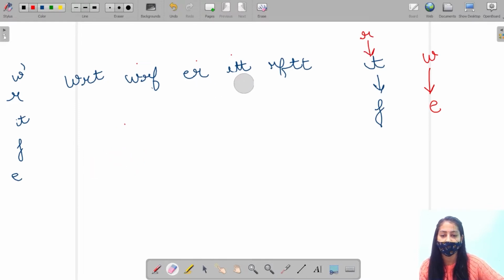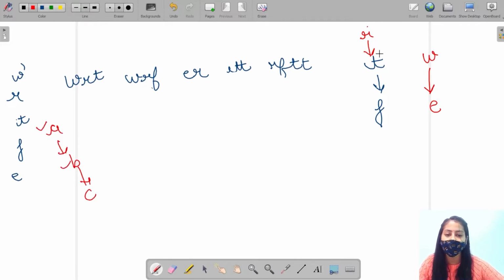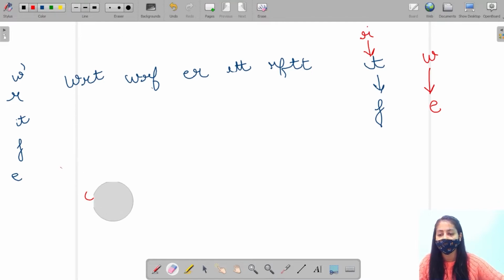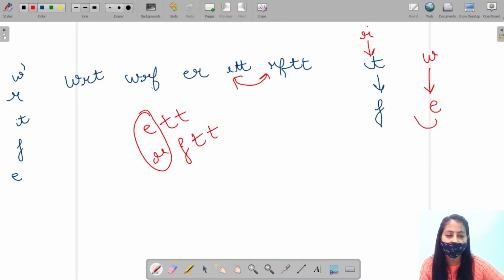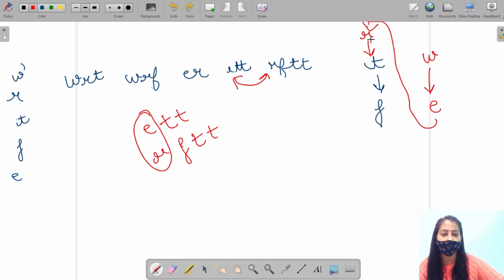So R will come before T in the same way that A comes before B, B comes before C. So the preference of A is more than B. In this language, the preference of R is more than T. Next is ETT and RFTT. Now the first mismatch characters are E and R. So it is telling me that the preference of E is more than R in the order.